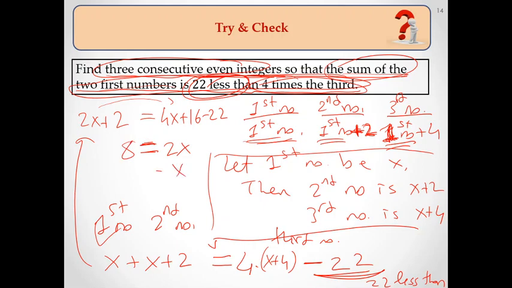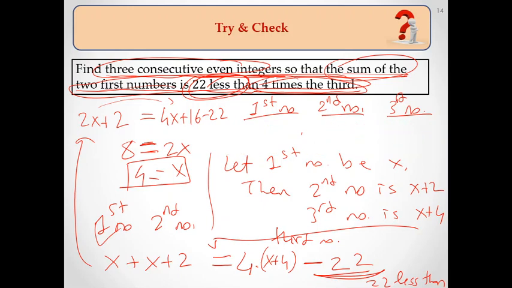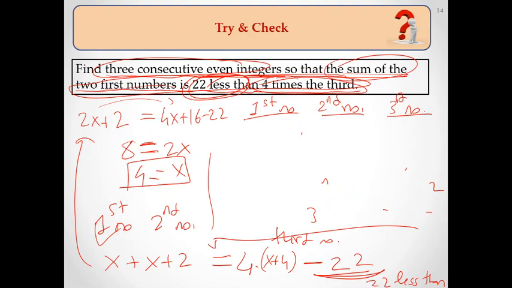So x equal to 4. So the first number turns out to be 4. Okay, let's check it. If it is 4, then we have the first number 4, the second one is 6, and the other one is